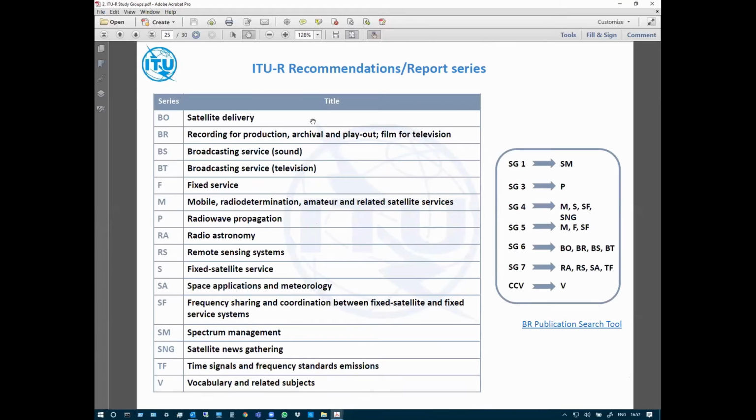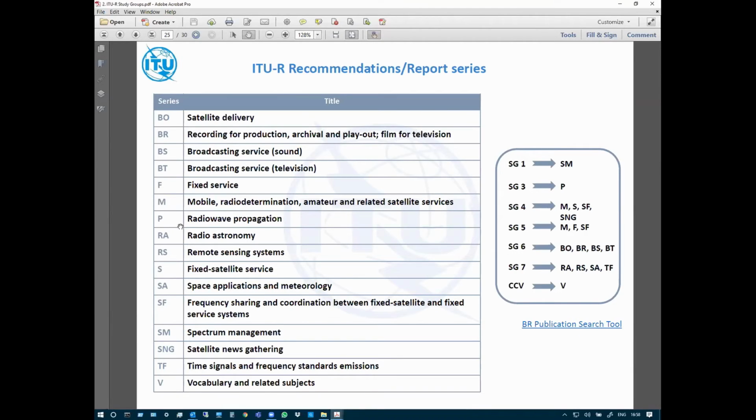Then this is the nomenclature we're using for the scope for the series. BO is for satellite delivery, BR for recording, production, archival, and playout, film for television, BS is for broadcasting services, sound, BT for broadcasting services, television, FIX is for fixed services, M for mobile, radiodetermination, amateur and related satellite